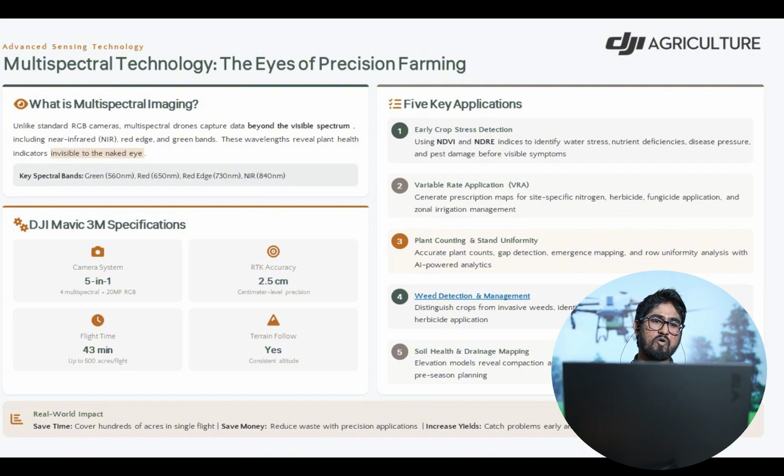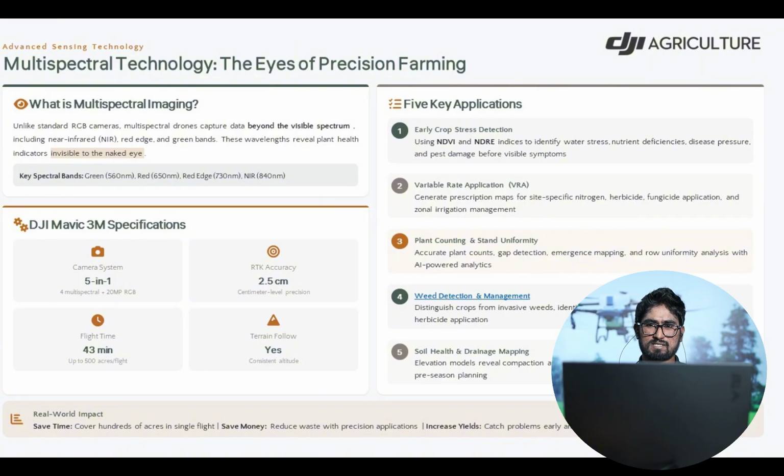It has a 43-minute flight time, so we can cover 500 acres in one flight. It also has 2.5 centimeter RTK accuracy, so we can get maps with centimeter-level precision, and it has terrain follow ability too.